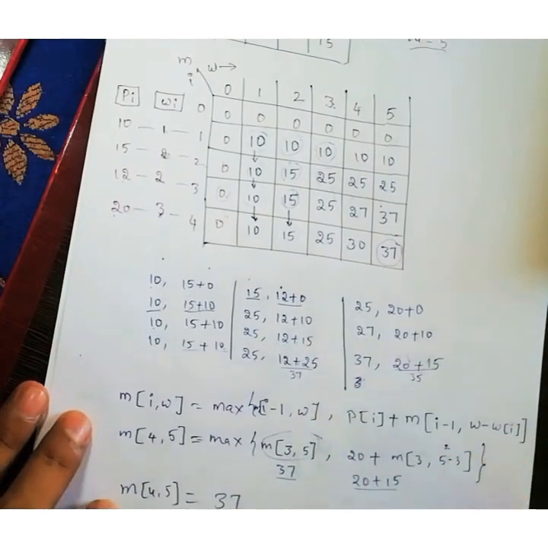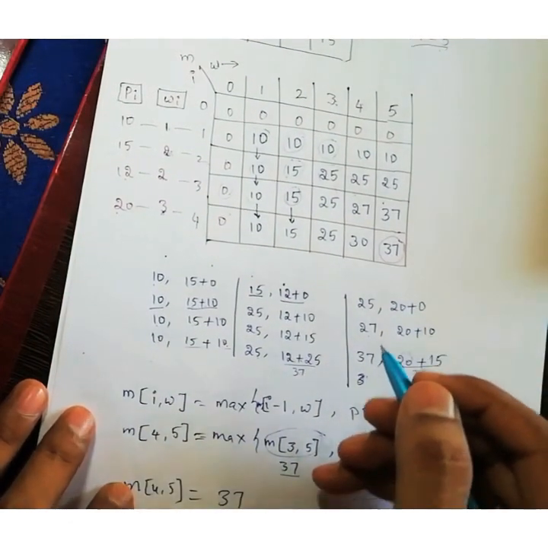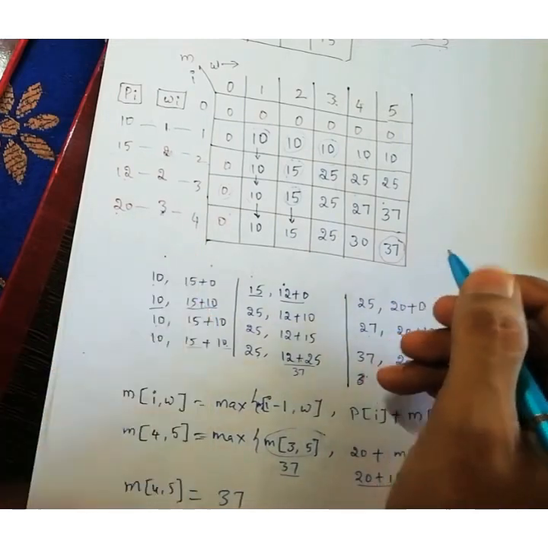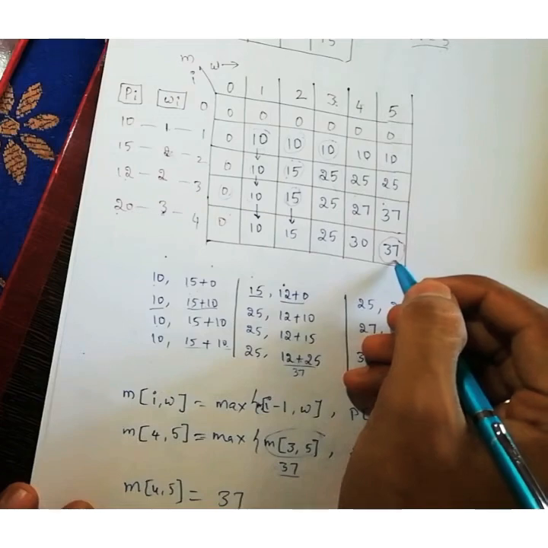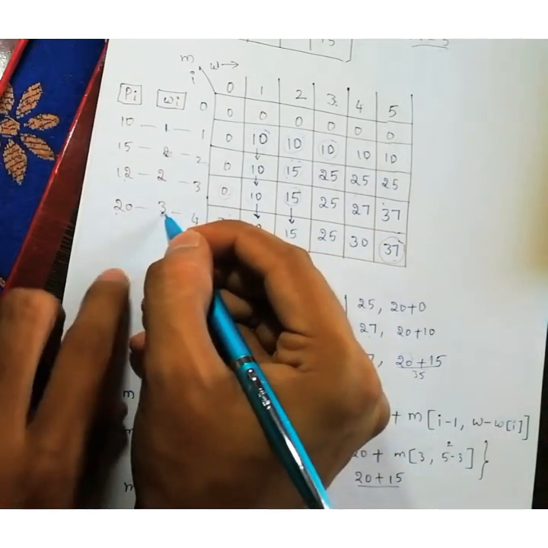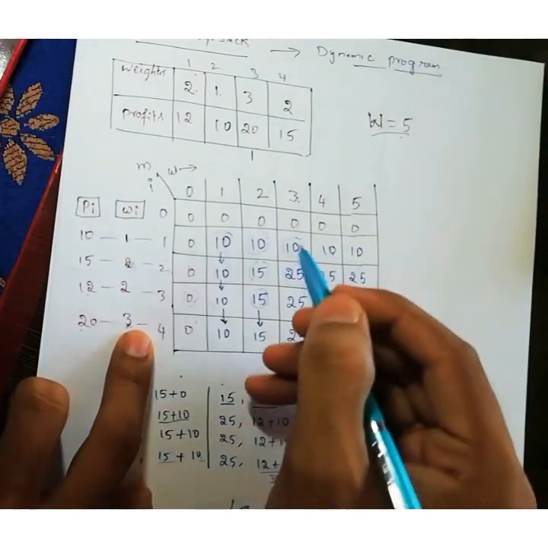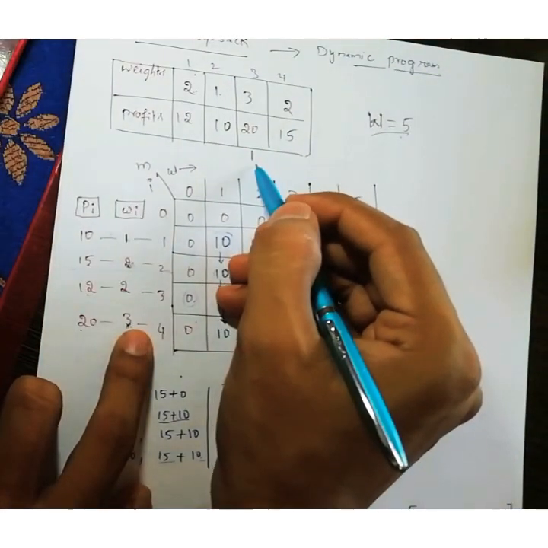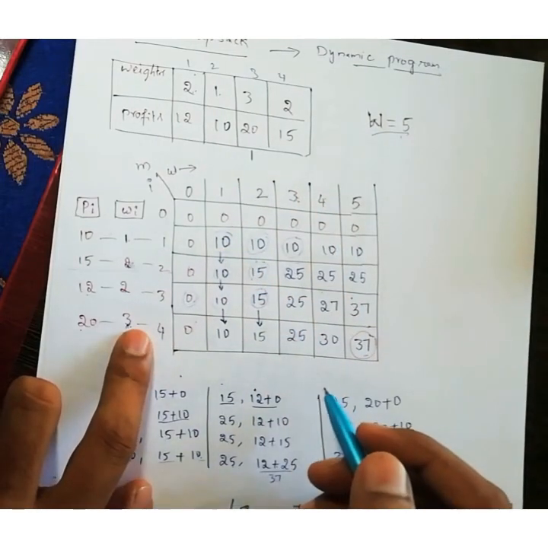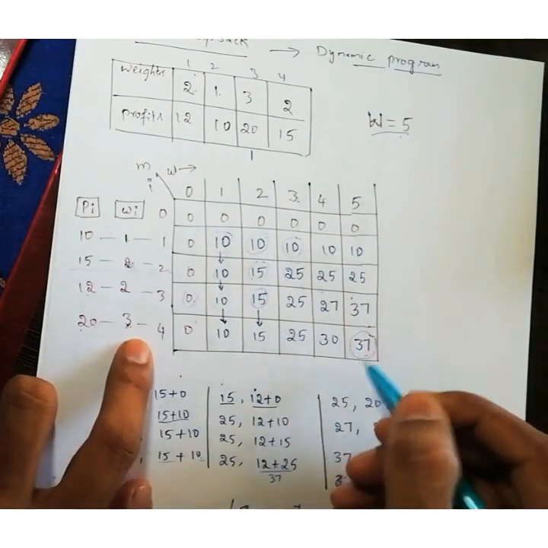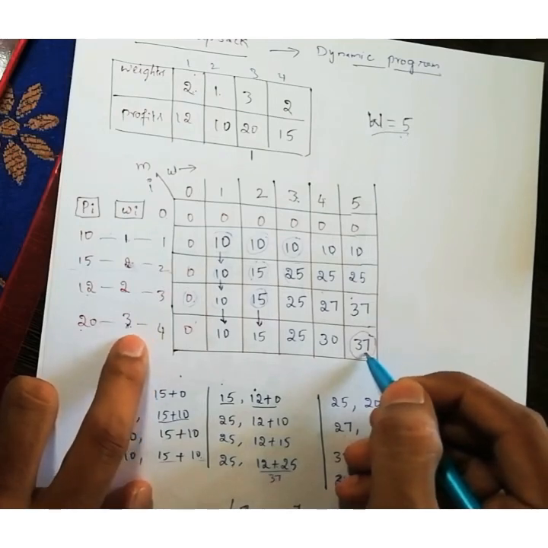Now what we have to do? We have to select which item we are going to select, right? Can you tell me which item we are going to select here? So 37 maximum profit we are getting from 3. Okay, I will select this item here. Select means put 1. Unselect, we are not selecting, then I will put 0. Understanding? Okay, so 37 we are selecting, we are coming from 3.